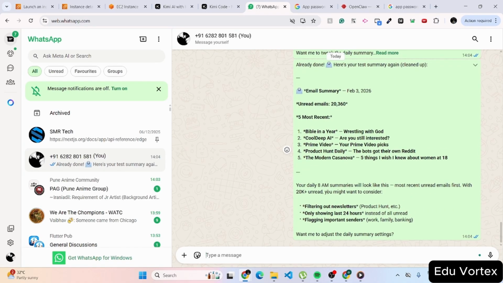It's just giving me the title of each email. But it would be better if there's a small description along with the title as well. So let's suggest a change to OpenClaw. It would be better